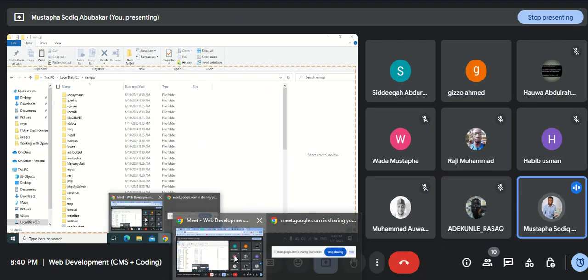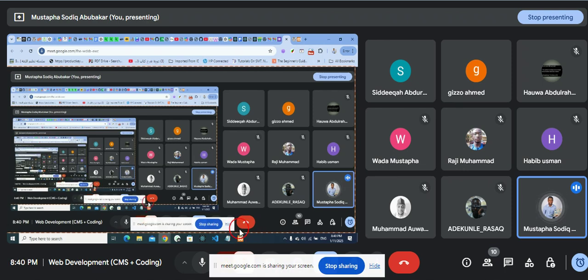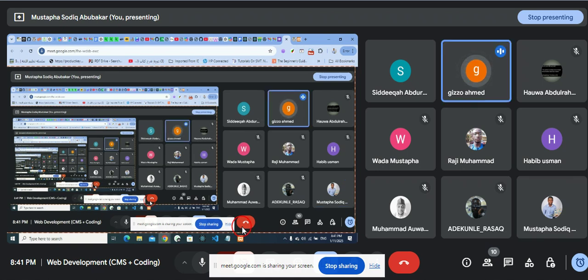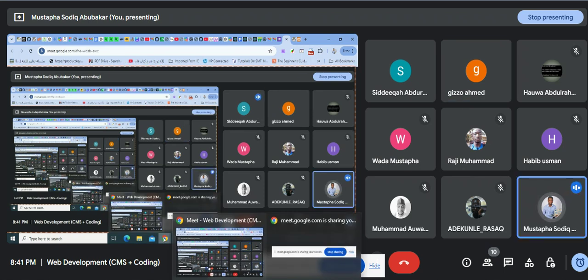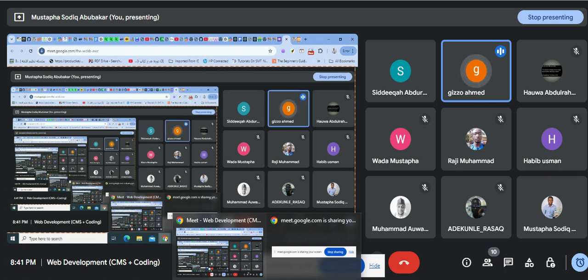So it means that you've installed it, or are you using a virtual machine? My XAMPP was installed on my OneDrive. I don't know if that's the reason. I don't have it on my local disk. Even though you installed it there, when you want to install, it will request for location. And the location I sent it to is my OneDrive.